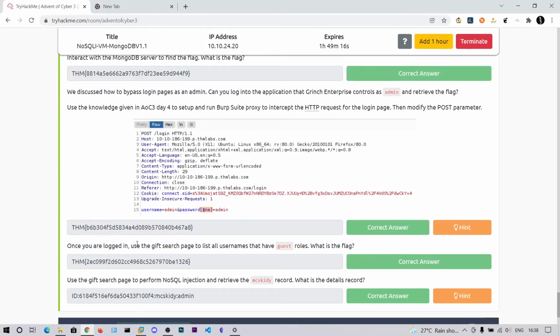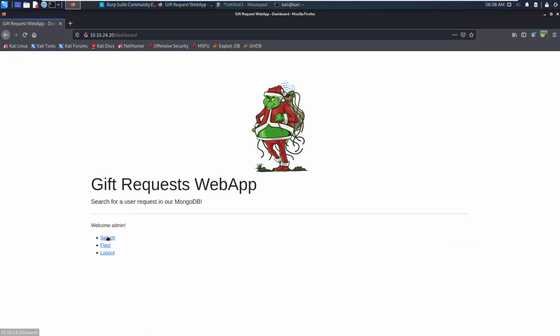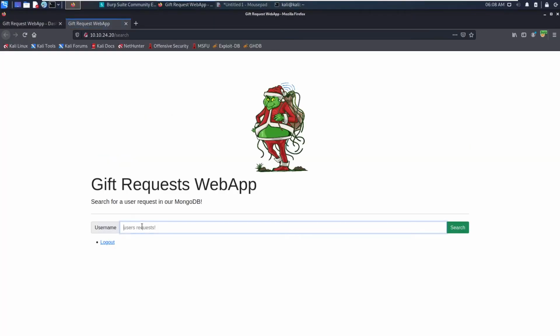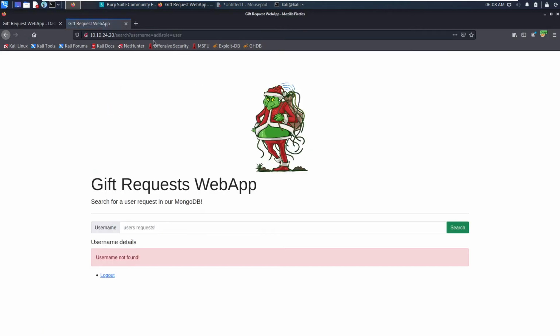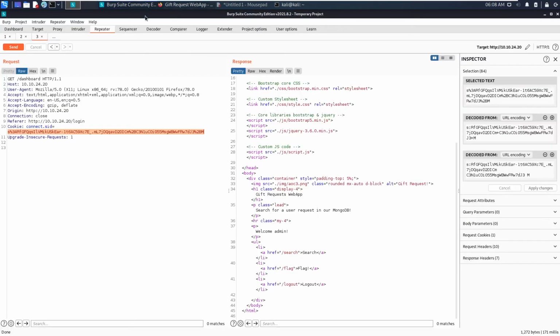Once you are logged in, use the gift search page to list all the usernames that have guest roles. Let's first search for AD, and here you can see the username is AD and the role is user. Let's capture this again.